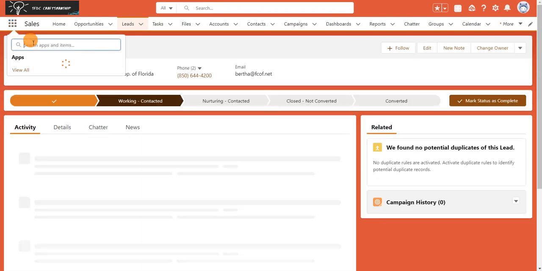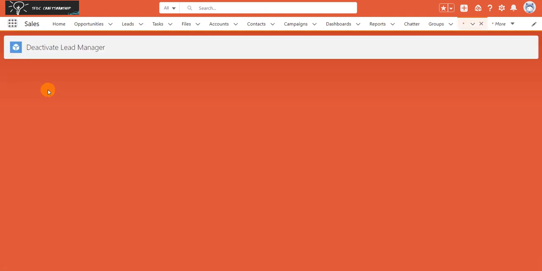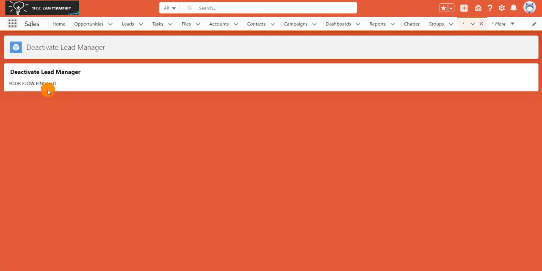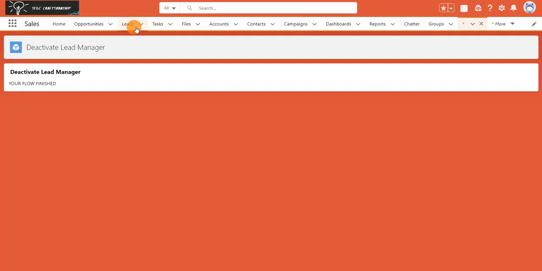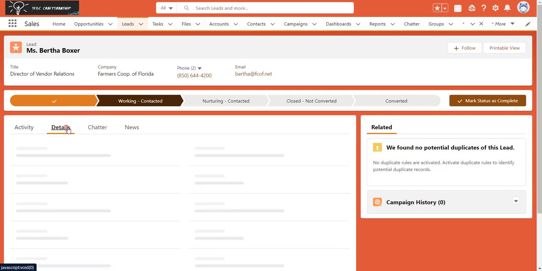and search for the Lightning app page which we created, that is deactivate lead manager, and just click on this, just run this flow now. Once we click on this, you can see our flow will start and our flow is also finished. But if I do a refresh again here and go back to my lead page, the new button is missing, and also I'm unable to edit this record.